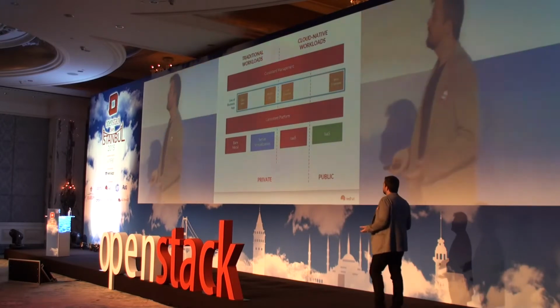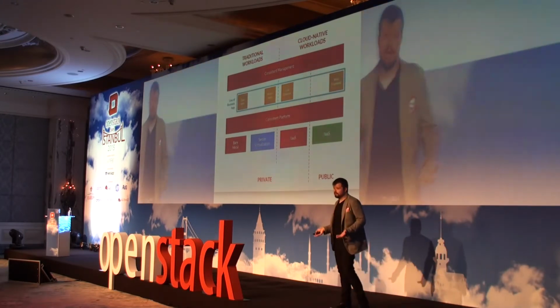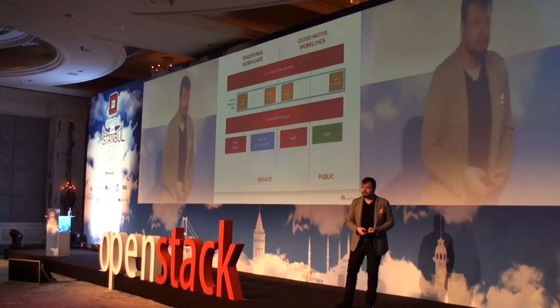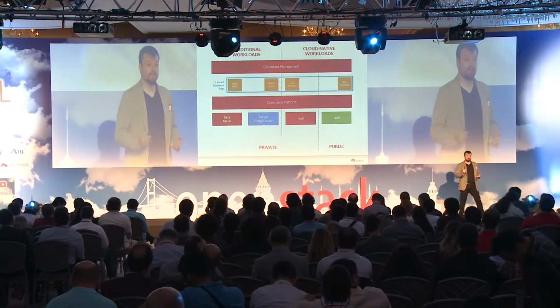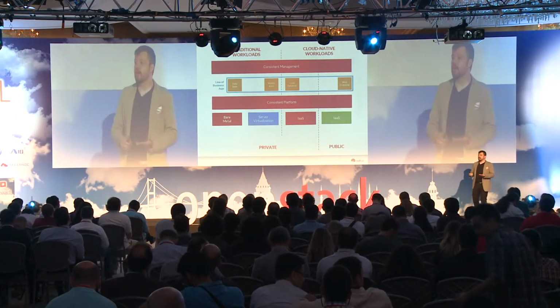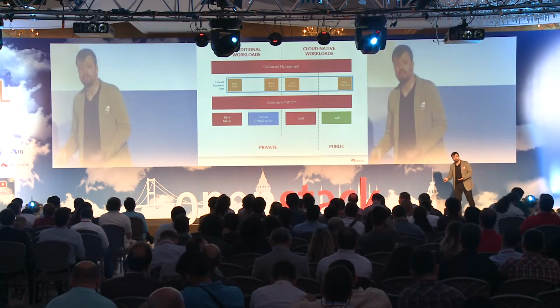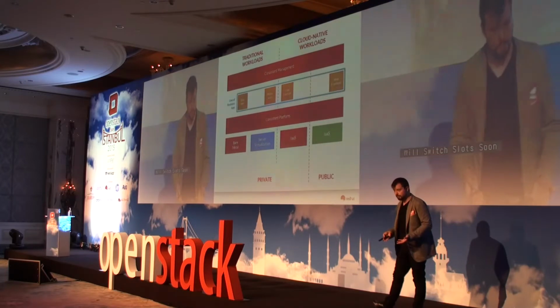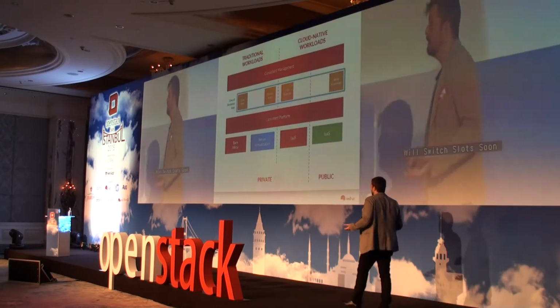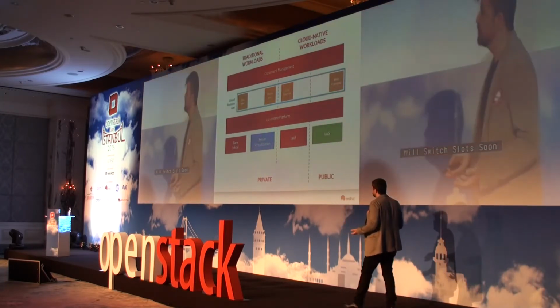We know that enterprise customers, well, all the customers have already technology in place, have contracts running, have long-term strategies, and they deserve the freedom to choose the tool they want, the vendor they want to run their workloads. And we are perfectly fine with that, and we are so used to